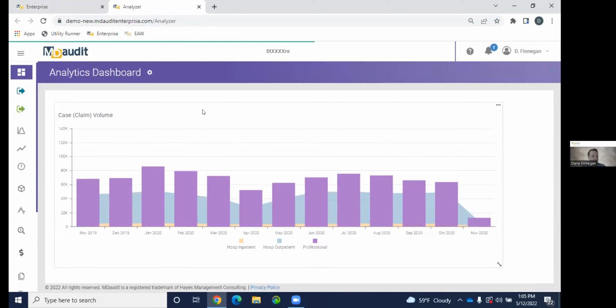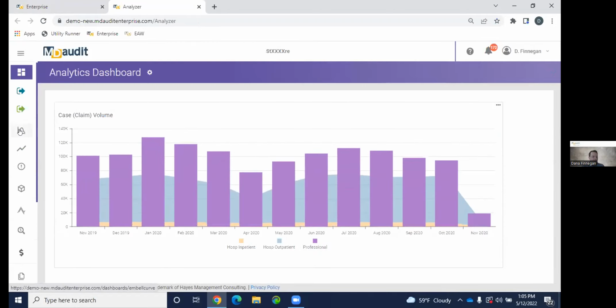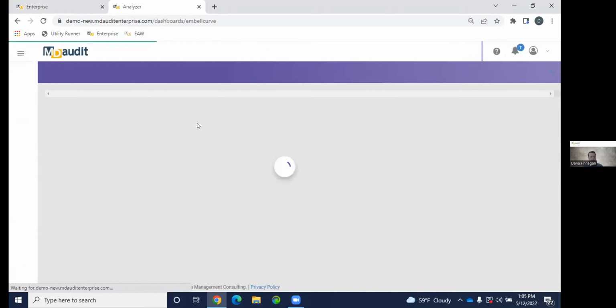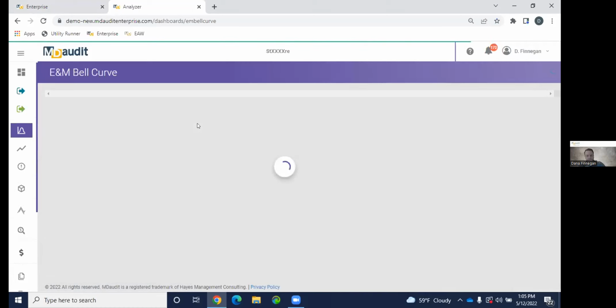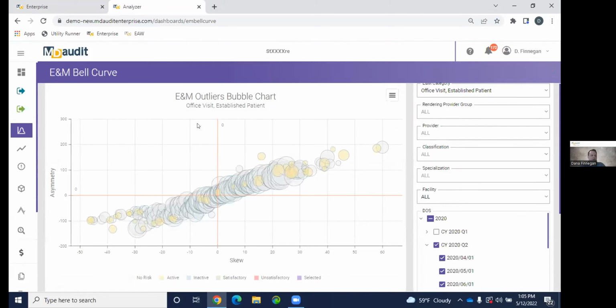I'm going to start here specifically with some analytics and benchmarking. We're going to start off with our E&M outliers bubble chart. I want you to think of this as a way for us to help you support a risk-based auditing approach. What we have the ability to do here, and what you're seeing, is once we ingest your providers' billing data,